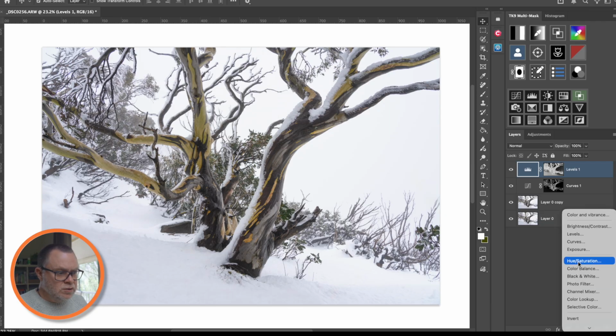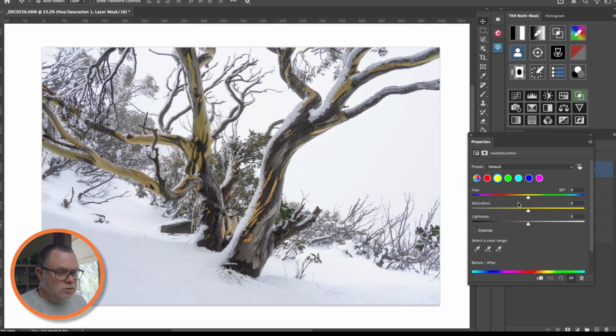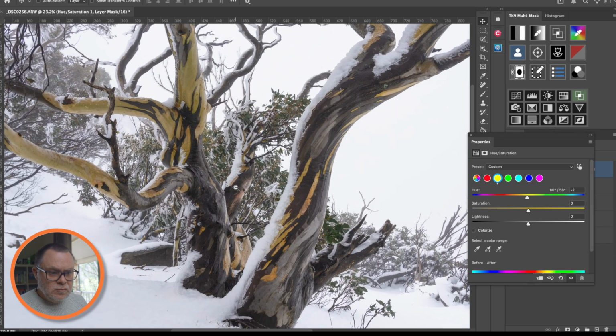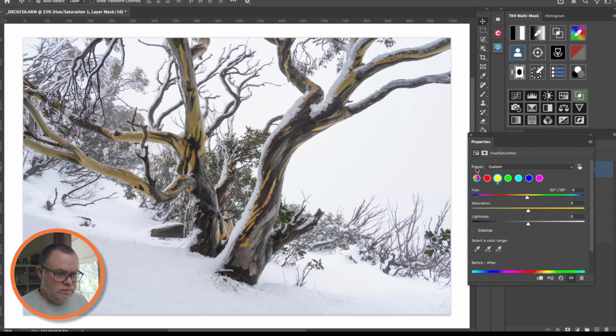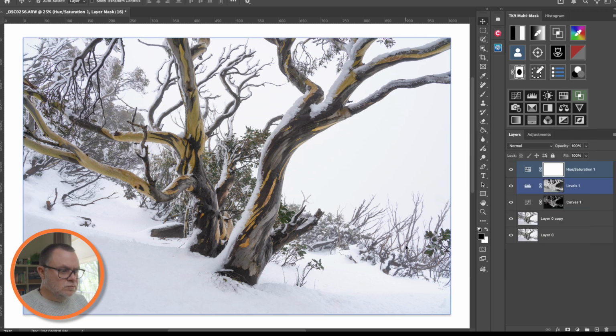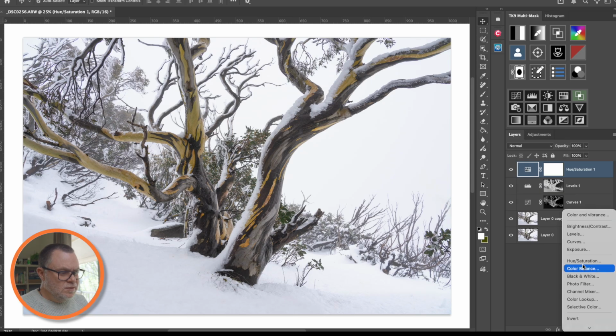Hue saturation, yellows. Just want to bring that orangey kind of color out a bit more. Feels a little bit green. It's nice. Okay. A bit more punch. So do that. And I might just see